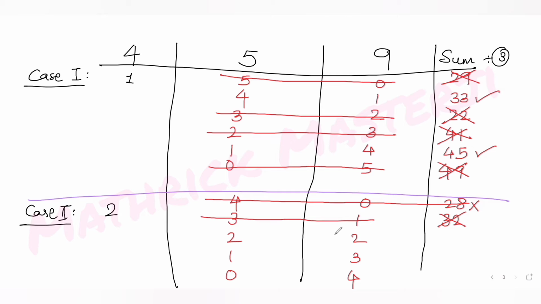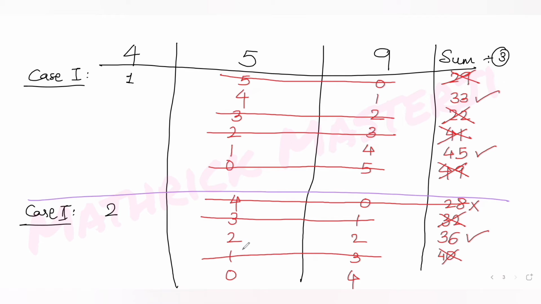2 5s, so 10, and 2 9s, 18. 18 plus 10, 28, and 2 4s, which is 8, so 36. 36 is divisible by 3. 1 5, so 5, and 3 9s, so 27. 27 plus 5, 32, plus 2 4s, so 40. Not divisible again